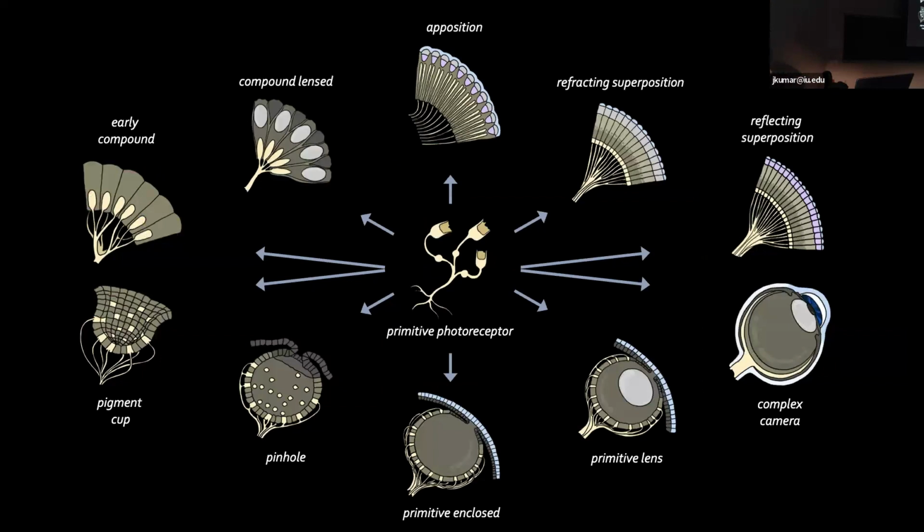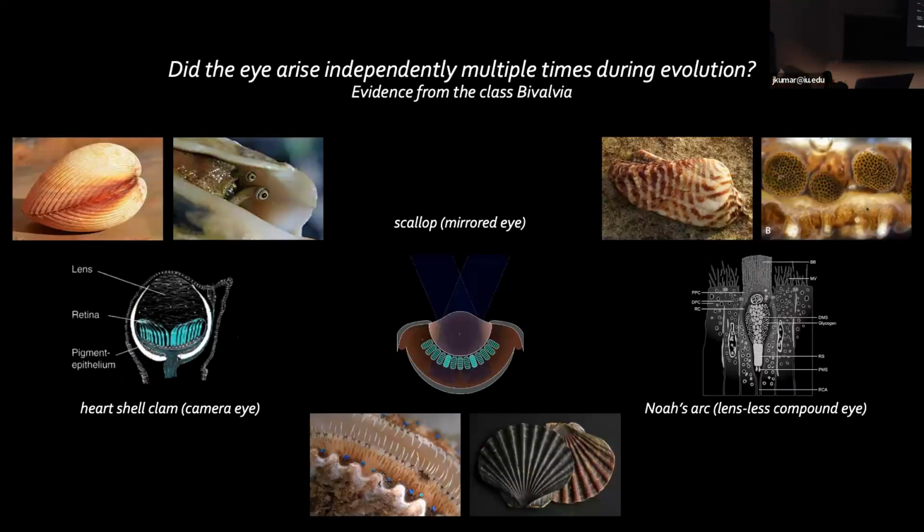The idea would be that once you go from that primitive photoreceptor, you would have different gene regulatory networks that would get rewired and incorporated, and you can get all the different possible eye types, from variations on the compound eye to variations of the camera eye. Some of the evidence used to support this came from the class Bivalvia, where you would see organisms like the hard-shell clam that has a camera eye, within the same family as ones that have different types of compound eyes, these ones lacking lenses.